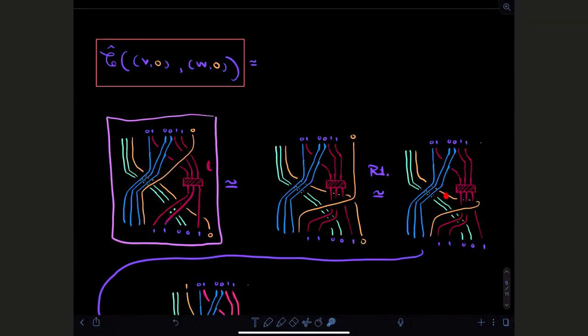Now you have a place where you can do the recursion. You see this yellow strand links the projector, the little symmetrizer. And so the recursion results in a direct sum of two terms. The first term